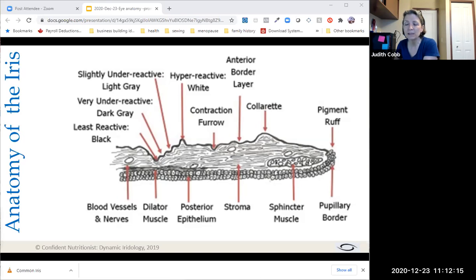Okay, so the body of the iris in here is called the stroma. This is the bulk of the tissue that makes up the iris, and it contains trabeculae, which are individual fibers. We're going to talk about those in a minute, and blood vessels and nerves and muscles. And the muscles are really, really important here. We also have this posterior membrane. Now, the posterior membrane is made up of exactly 2 layers of cells that are very, very dark brown or